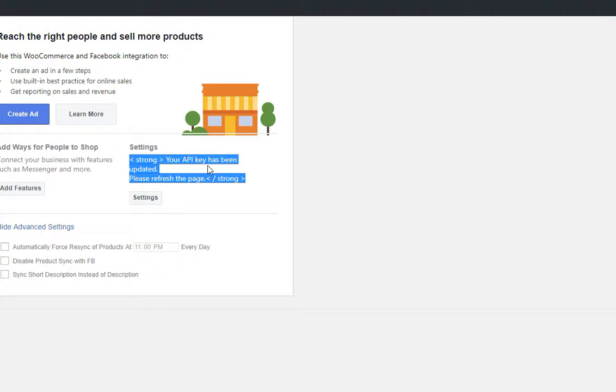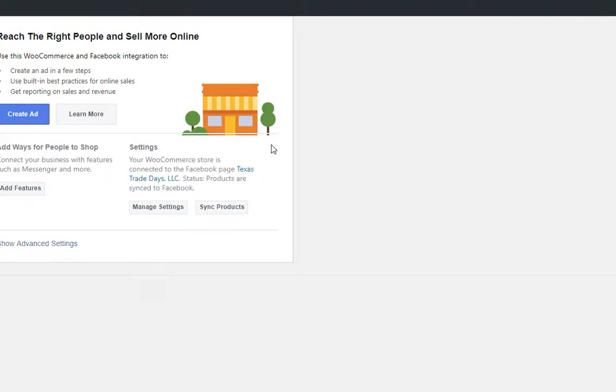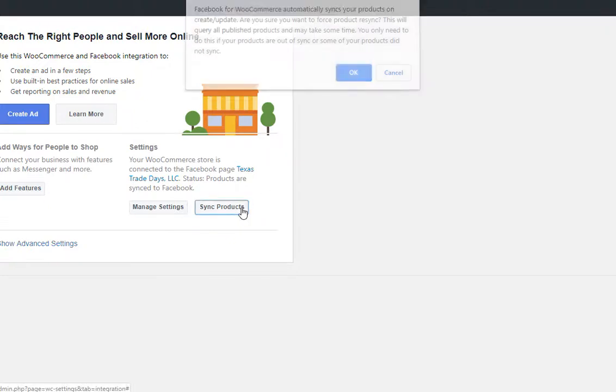So it basically teaches the computer the language of that website, or the website to website. They will start talking the same language so that they will interact with each other. So sometimes they get broken and they'll need to be refreshed, which is what I've done here. So I'm going to go ahead and refresh the screen, and you'll see now that it's connected, everything's syncing, everything is good. There's a sync products,